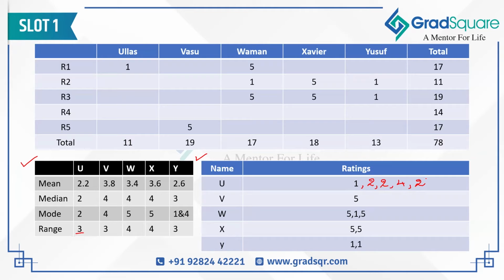Similarly, let's try to calculate that for Vasu. Again, if I look at Vasu, his mode is 4. So 2 restaurants would have given him a rating of 4. Next, his range is again 3. And we know that Vasu has got a maximum possible rating of 5 already. So his minimum possible rating will be 5 minus 3, 2. So again, I have got 4 of the ratings already. Let's add the sum. 5 plus 4, 9 plus 4, 13 plus 2, 15. So 15, but the total is 19. So the remaining restaurant would have given him a rating of 19 minus 15, 4. So these 5 numbers are Vasu's ratings.